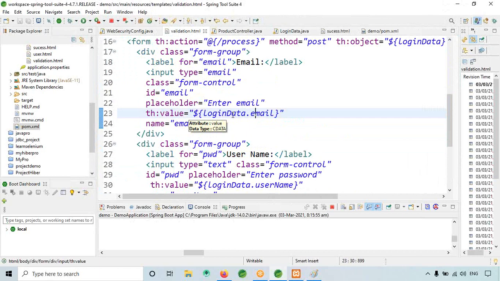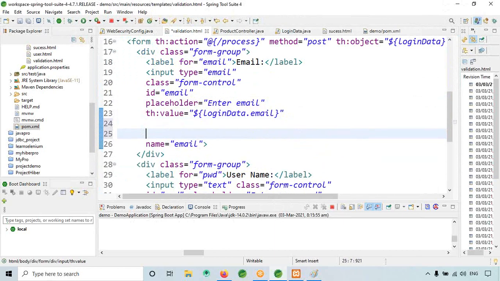So now what I will do is, maybe here after the value, okay.